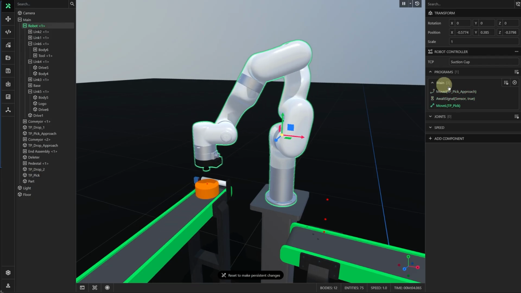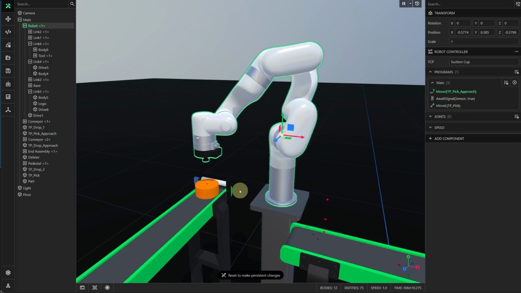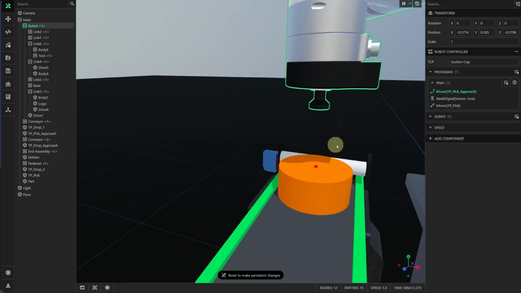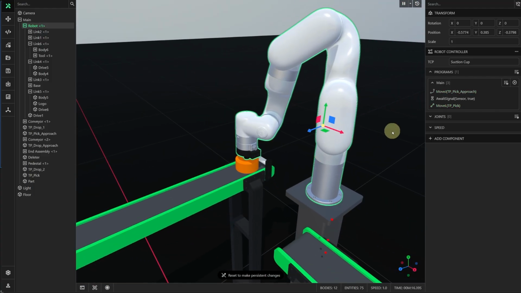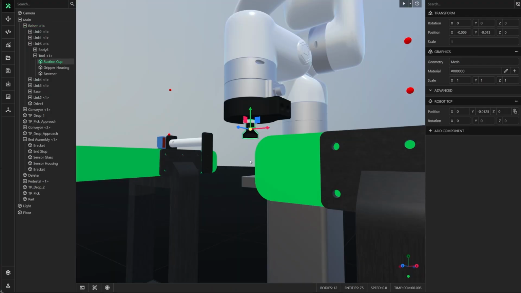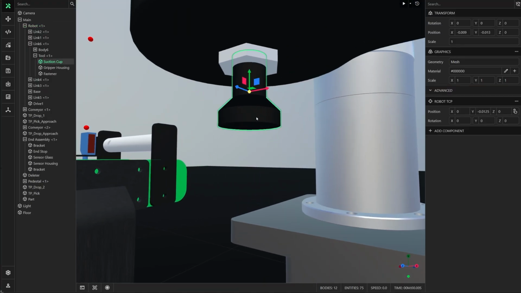So as you could see, it's moving into position, it's awaiting the signal, and then it goes to pick it up. But the end effector is not really set up to actually pick up the object. So we're going to have to add that program next. We can add that grip ability to the end effector by selecting it, coming over to component, and this time